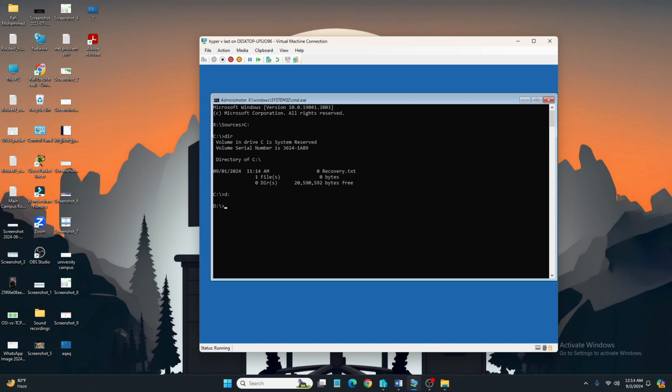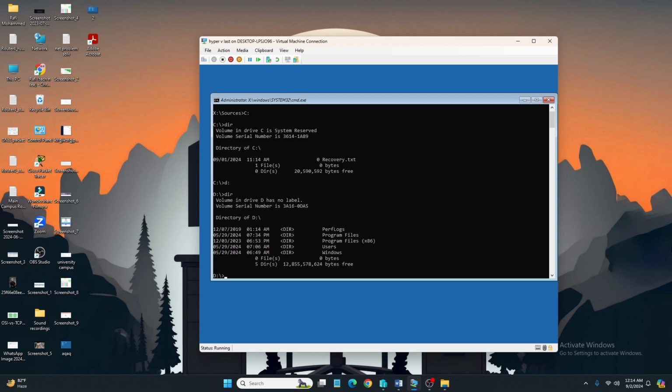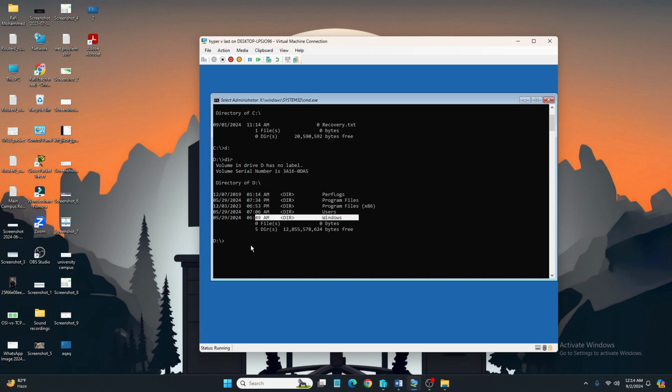But there is no Windows folder available there. Then we go to another drive, which is D, and again press dir, and you can see here is the Windows folder. So we will work on all the processes on the D drive. Type cd windows\system32,